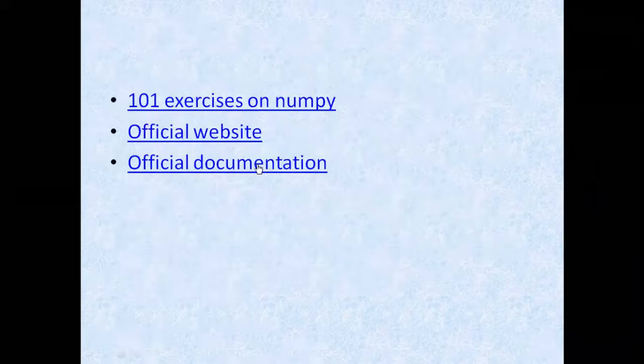Actually, there is one more important thing. Why did everyone take the path of NumPy? Because it has a big community of developers. So the most promising thing is when you don't know something about NumPy. For example, if I don't know something about NumPy, there is really a community of developers all over the world who are working on NumPy. So if I don't know something, I can really reach out to them easily using many resources so that they may help. So it is one of the most important features of NumPy.